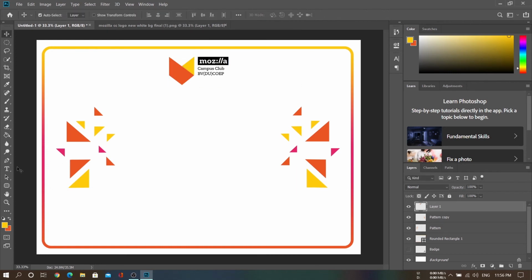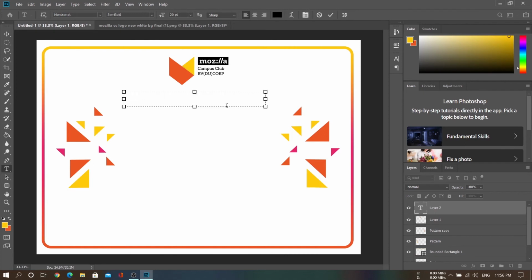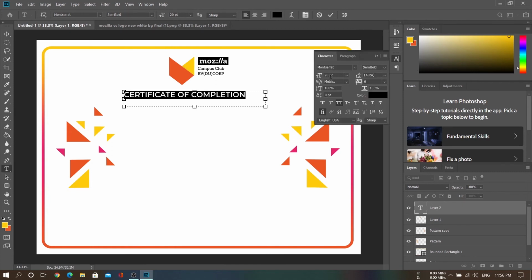Now we are going to insert some text as certificate of completion. We are going to select this, go to properties, set the font to 28. I'm just going to extend this.